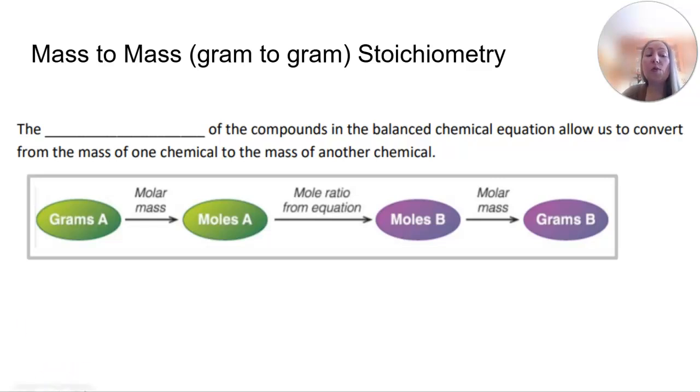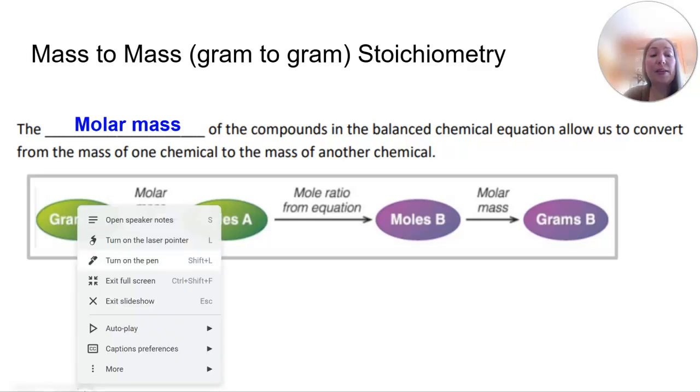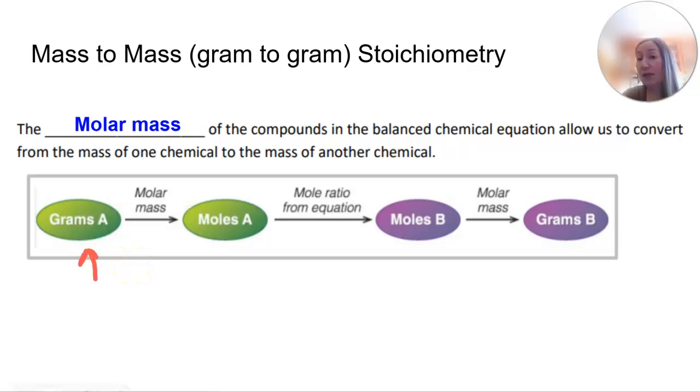Okay, so we really need the molar mass of compounds in the balanced chemical equation in order to do mass to mass stoichiometry. So we need the molar mass from the periodic table, all added up, for the relevant compounds that we're interested in the balanced equation. So let's say that we know how many grams of a substance A we are putting into a reaction. We need to know the molar mass of substance A to find how many moles of substance A